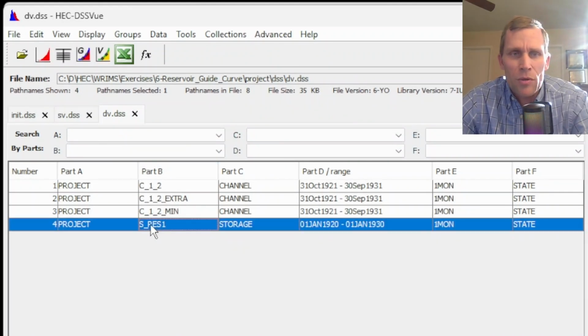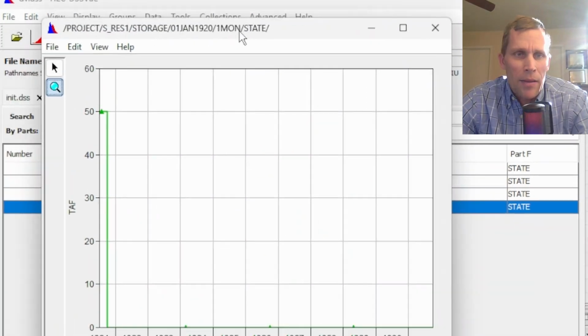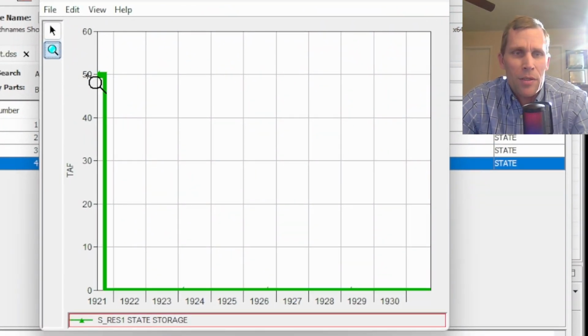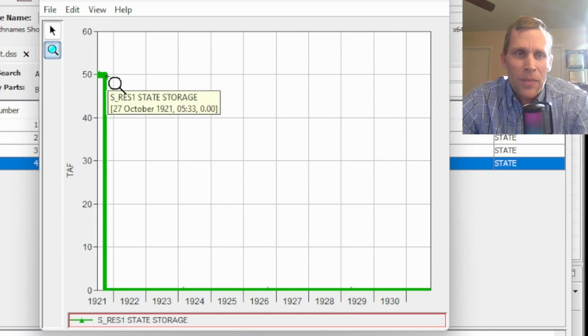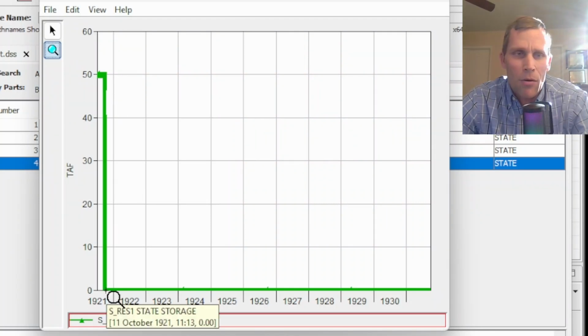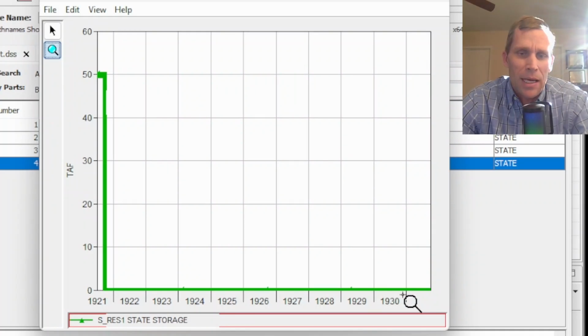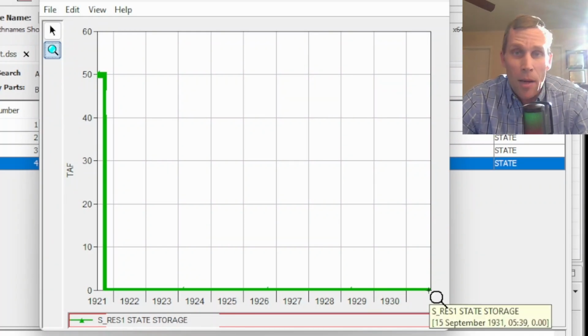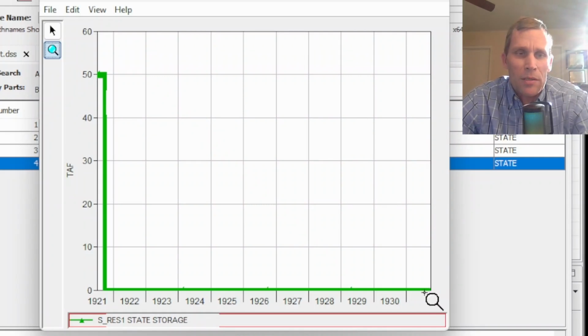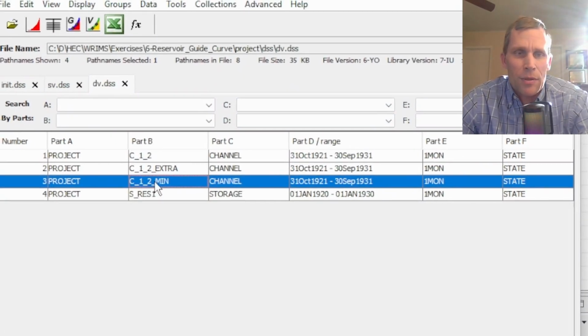Right here is the storage of water in the reservoir for the 10-year simulation. And that's hilarious. So what happened was the reservoir started half full at 50,000 acre feet. And then it just emptied all the water at what looks like the first opportunity. And then it's completely empty for the entire 10 years. All right. Now that is optimal. I'll tell you right now that is optimal because remember, our only objective here was to satisfy the downstream flow